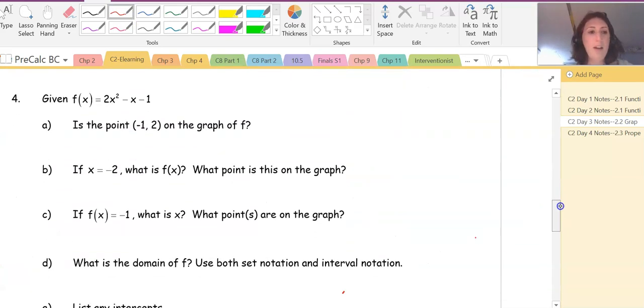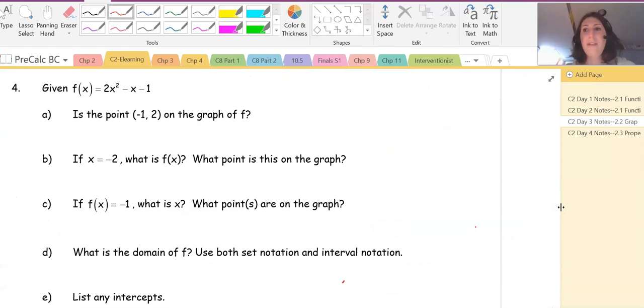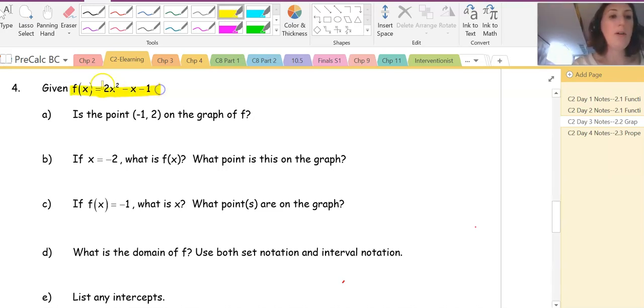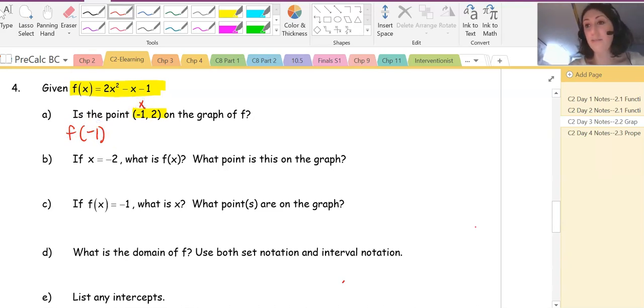Okay, all right, so that was examining graphs. Now we're going to go ahead, we're going to examine some functions, some actual equations, and determine some information about their graphs. So for A, we have this guy right here, and we want to know, is that point -1, 2, is that on the graph of f? Well, really all we have to do here is find f of -1, right? We're just going to plug our -1 in for x,